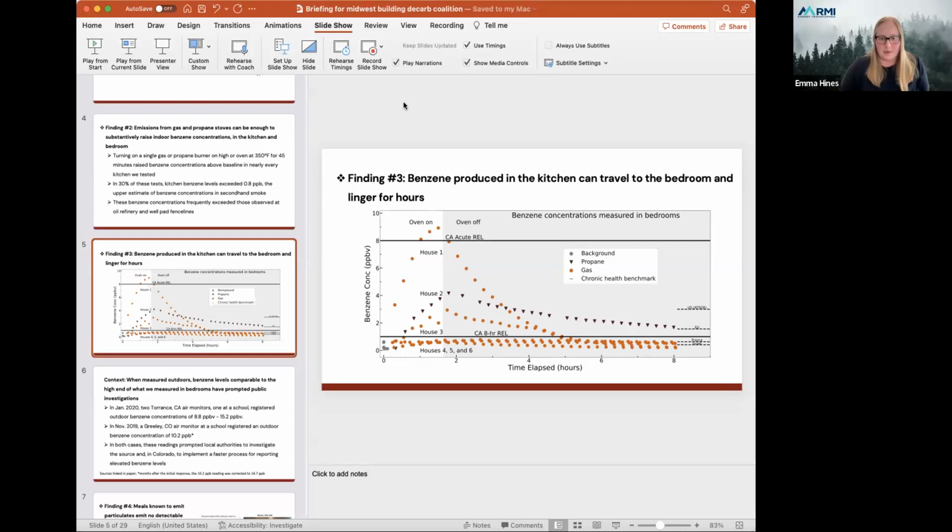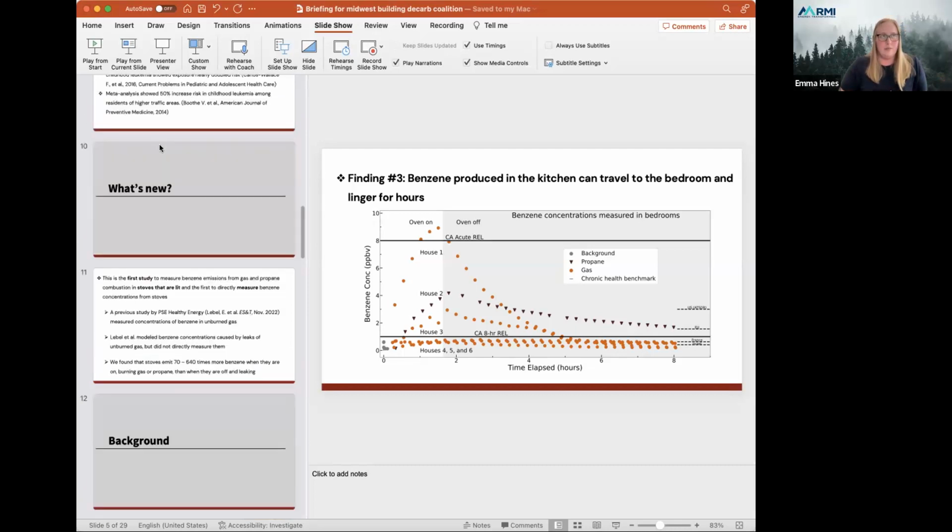Well, maybe I'll hop in with one now too. I'm curious about what the response has been to this paper and maybe the benzene work as a whole from the public, maybe the press a little bit, and policymakers even, if you wanted to go piece by piece there, or if there's a general attitude or reaction to this work. Yeah, I think you can read the papers if you're interested. I didn't think it was worth putting on the slide, so I'll just say, for the public, I would say there are three main